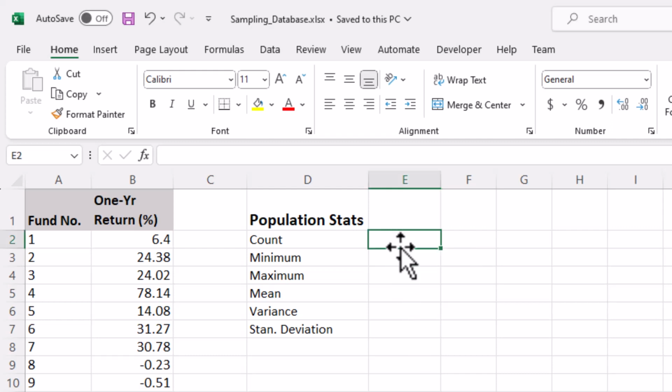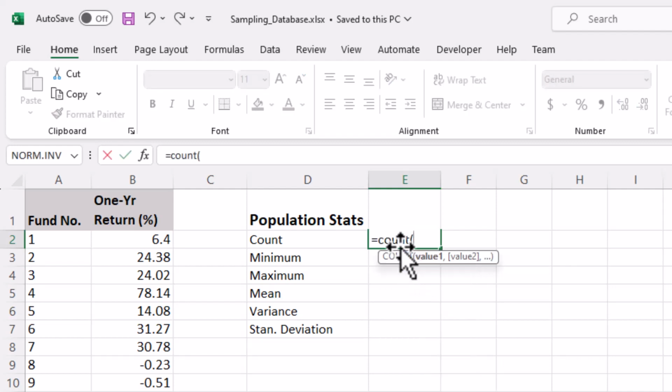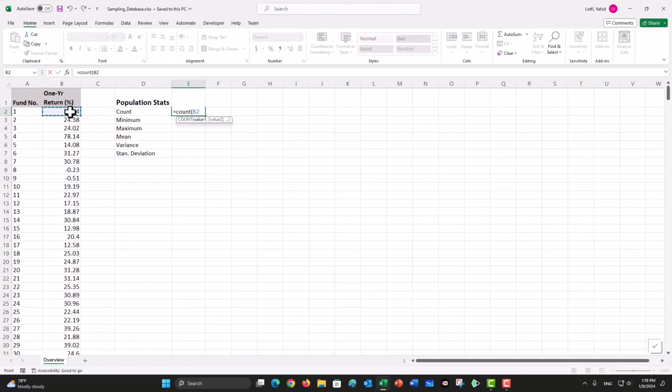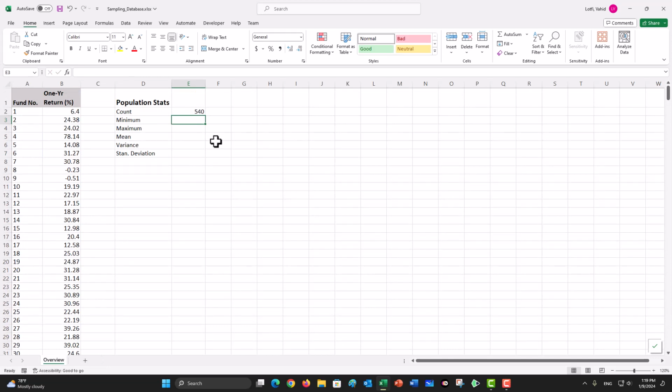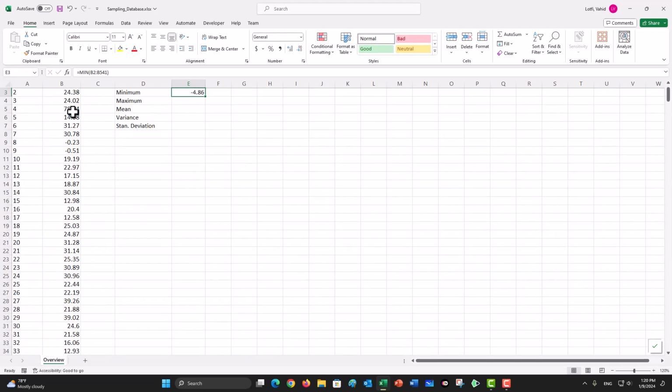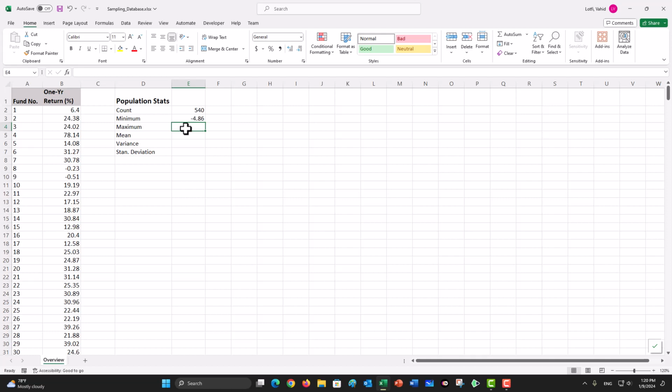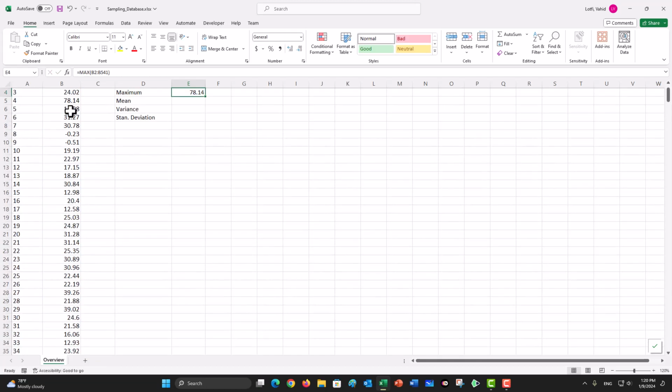Well, we can type in the number, which is 540, or do the count command this way. I'll then calculate the minimum, maximum, the mean, which is the average command,